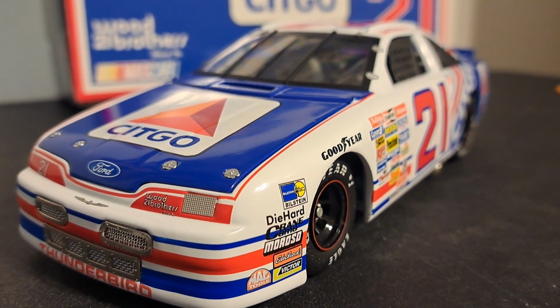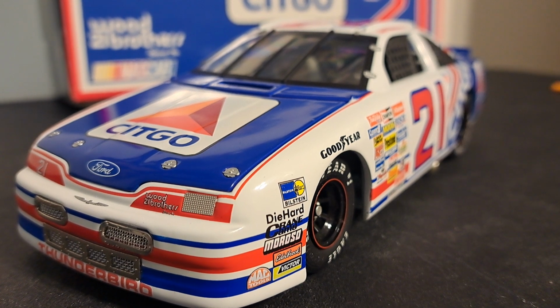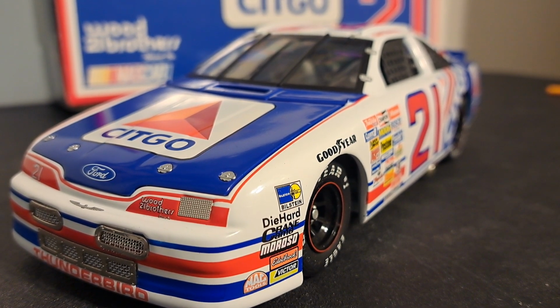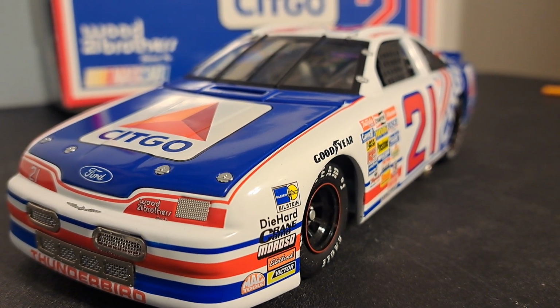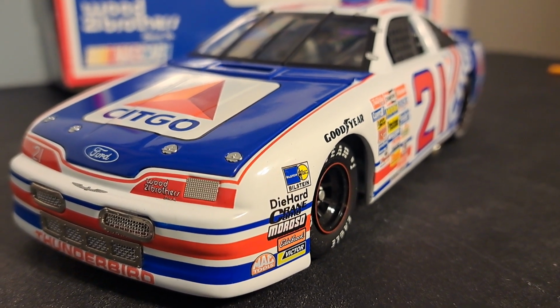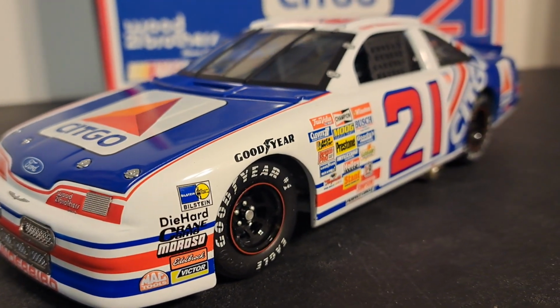It's all about racing. In this episode we're going to take a look at a true classic. This is the number 21 car of Neil Bonnett, going back to 1989. This is a Ford Thunderbird in all of its glory, and it's kind of special to me because the Woods